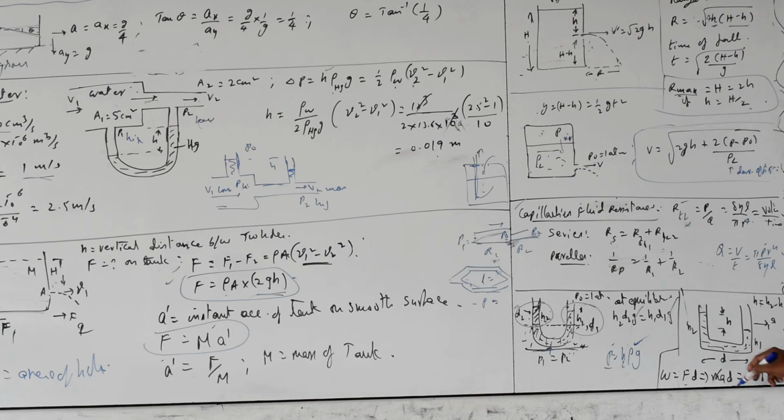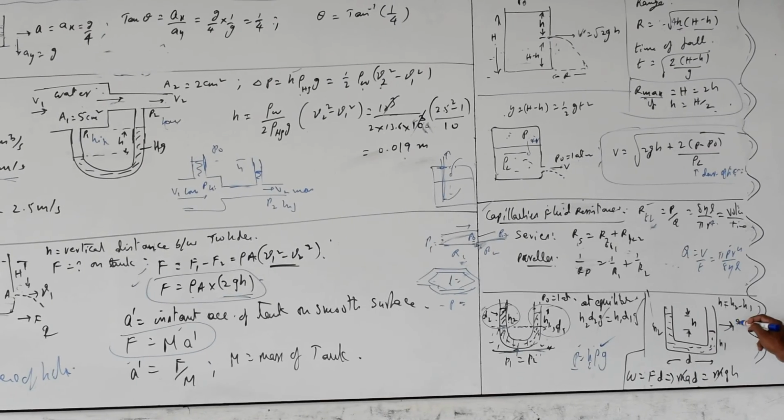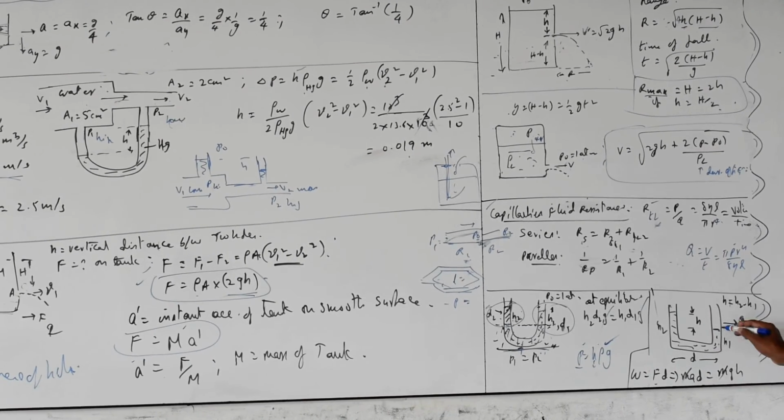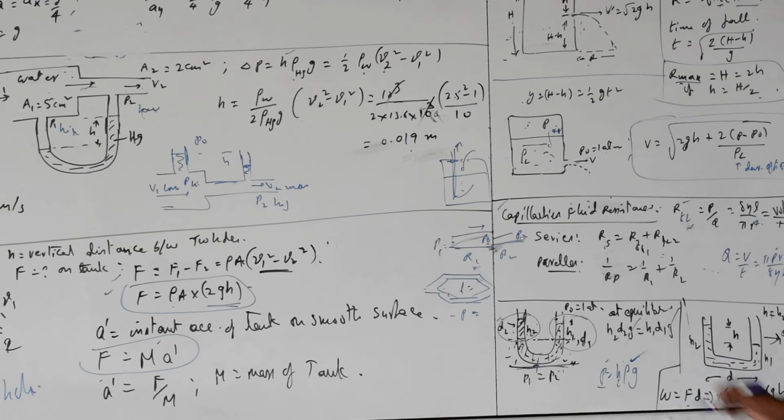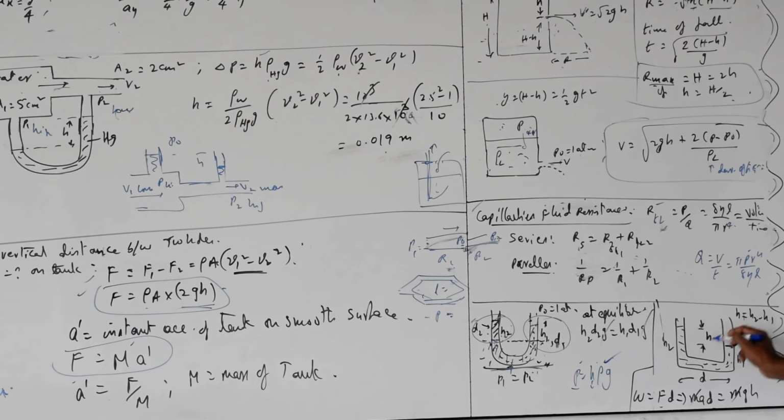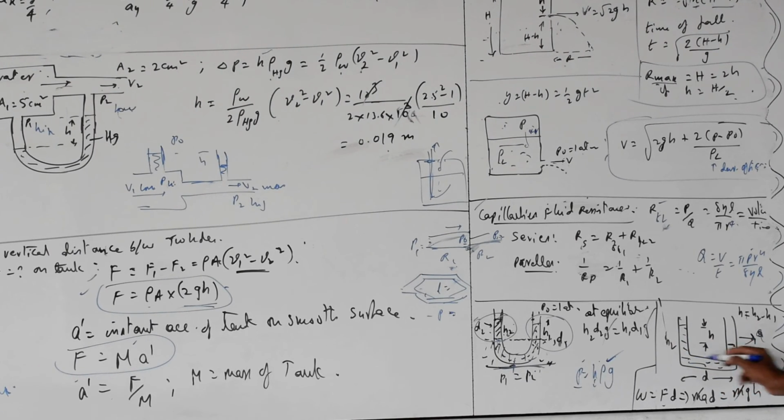Next, if you take a U-shaped tube accelerating in the forward direction, the right direction, the fluid experiences a pseudo force and is pushed in the left direction. They will ask how much extra height it rises. The liquid is going upwards against gravity. Work done equals force times displacement for the liquid to go from the right to the left side, equal to F into d. F is equal to ma, and d is the distance, where F is the pseudo force acting. This is also converted into potential energy, the extra height raised with respect to the other tube, which equals mgh. So ad equals gh, you have to take.